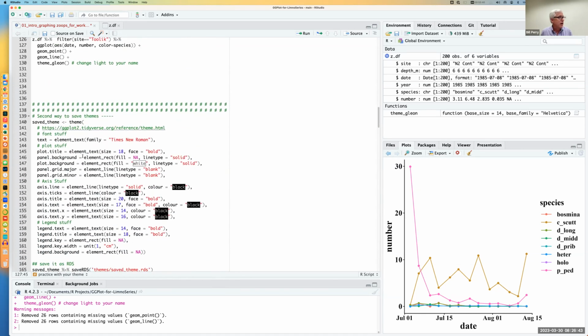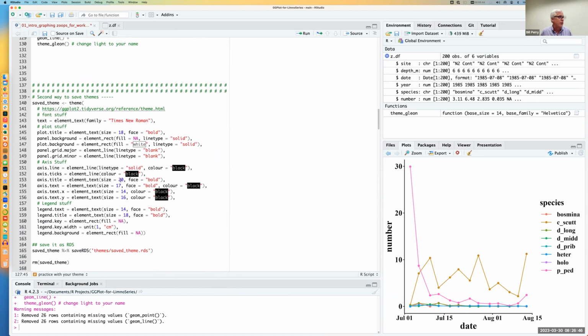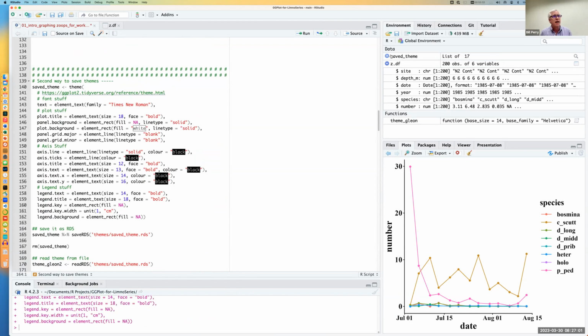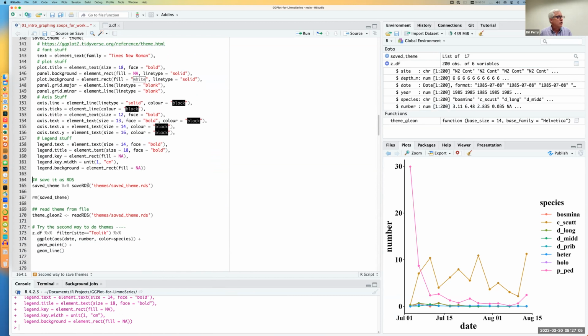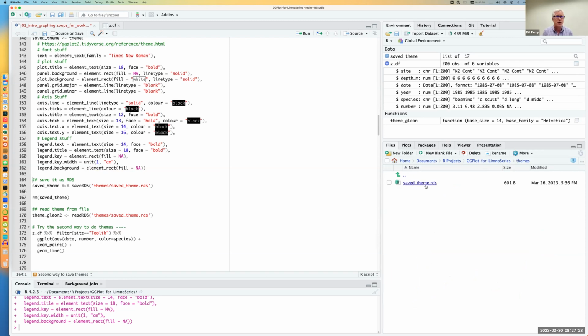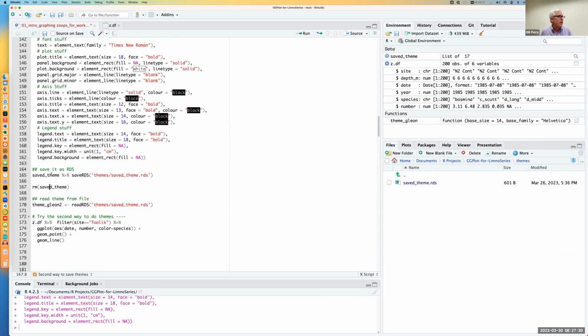What I did learn down here was we can copy that same theme settings, or we could make it whatever sizes we want so it looks different. You can have it go to a saved theme, and then you can use this. So if we run this, it will do the same kind of thing, but it comes up as a list. And you can use a command called saved theme and pipe it into saveRDS. I don't know what RDS is, but what it does is it saves it into a folder out here. So the saved theme is here, and it's all right there. So if we say, save this over to there, it saves it into this folder,